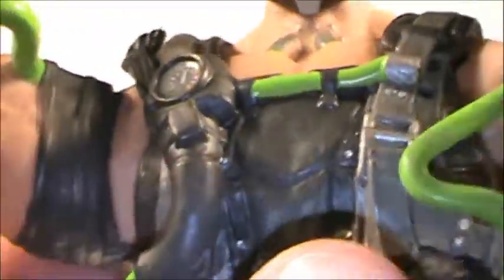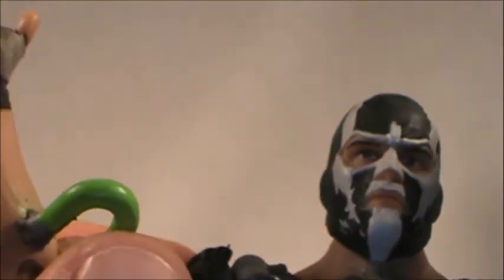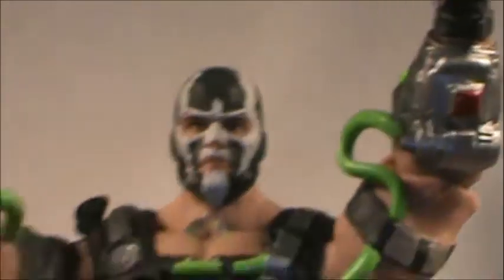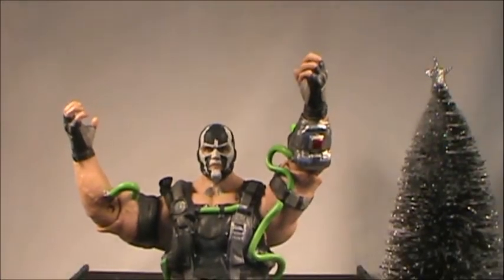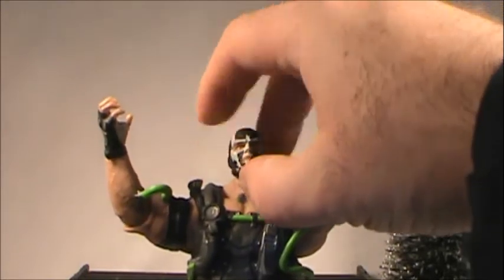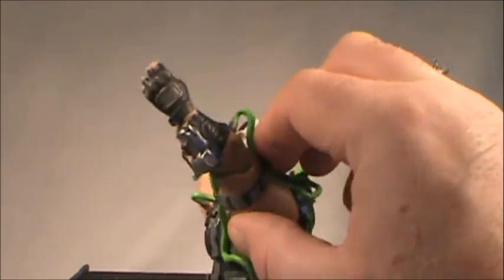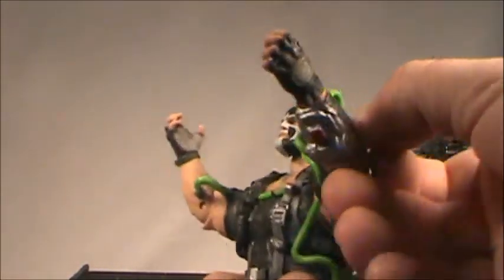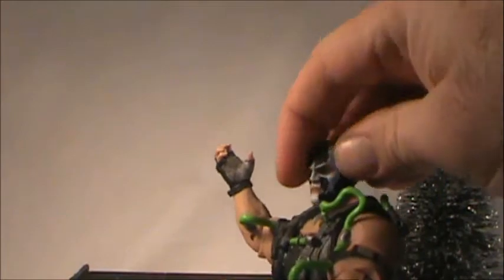So you get him up here, it's not too bad. If you wanted to have Batman over Bane's head, you could kind of do it. If I bring this back out a little bit there, Rob, I could place Batman in there some way and get Bane looking up. He does have a very good range of motion out of his head, which I really, really like. You can get Bane looking in a lot of different